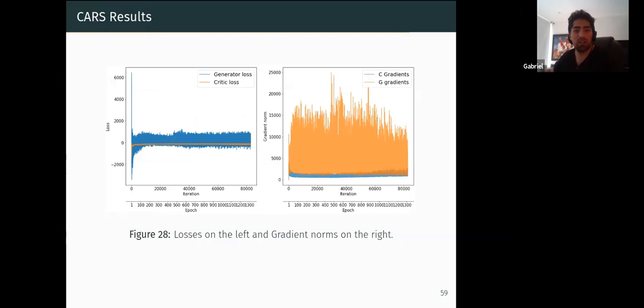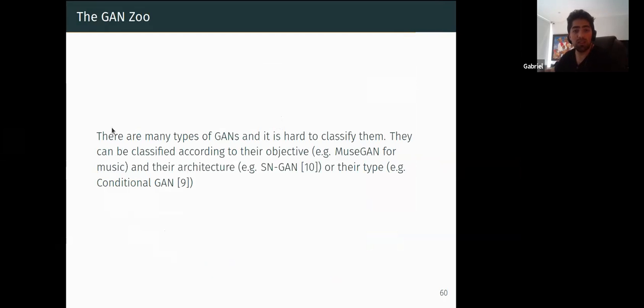These are some metrics that are used to measure things. I'm not going to go very deep into this. We can tell that there are many types of GANs in the wild. That's why they call them the GAN zoo. They change architecture, they change objective. But for now, I'm just going to show you what kind of GANs we have been using in climate science, to see if you've seen any of these.